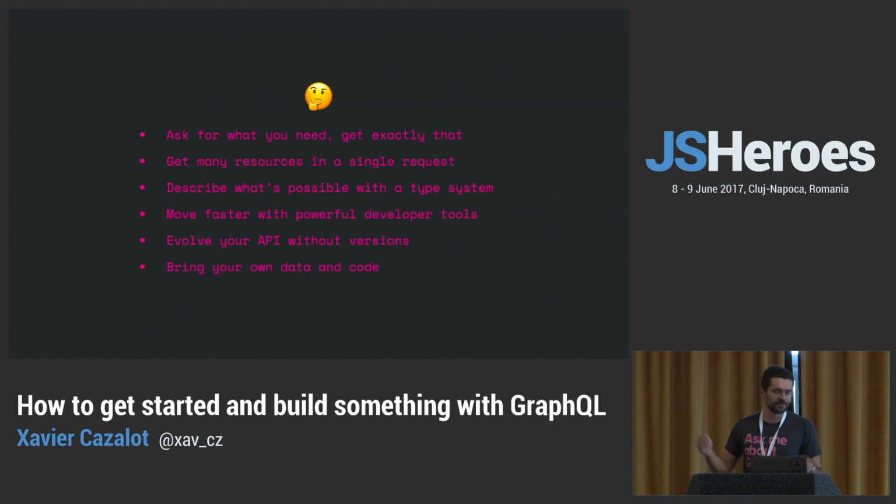So, okay, list. You are thinking, okay, GraphQL looks nice. Now, a list of bullet points about the benefits of GraphQL. If you go to graphql.org, you will have the same things with awesome schemas. The takeaways here are that you get exactly what you want, no overfetching, no waterfall of requests, a type system ensuring security, and you know exactly what you will ask for, plus powerful developer tools like GraphQL and many other things. Good stuff.